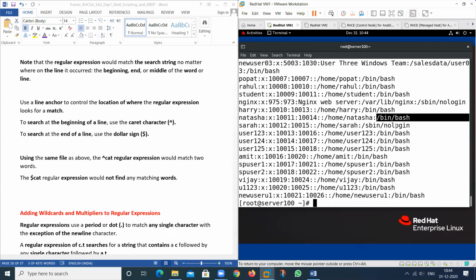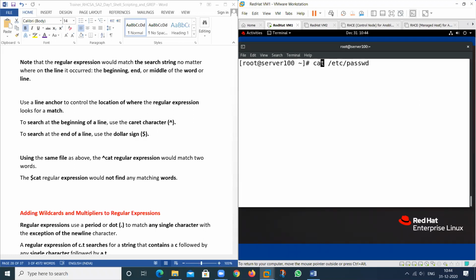I want to search only the information about the regular user and about the service user, because all the service user have the shell value, that is no login, and all the user that related to the regular user have the value of dash. I want to search only these users, so place this particular value. So see the result.